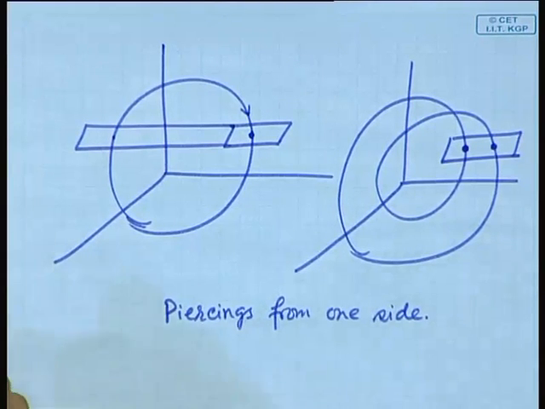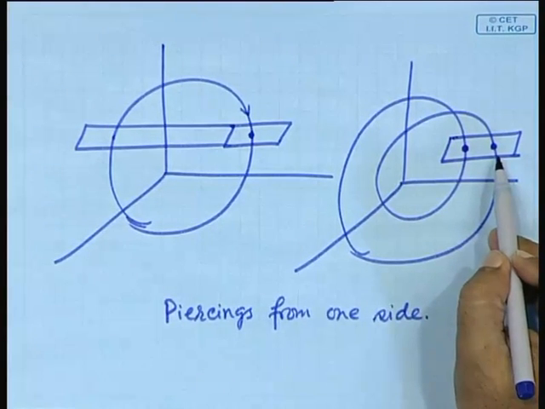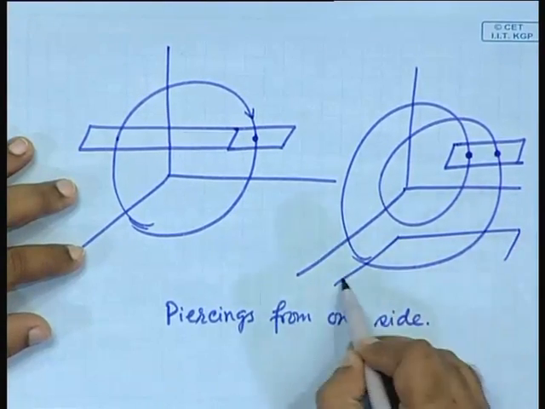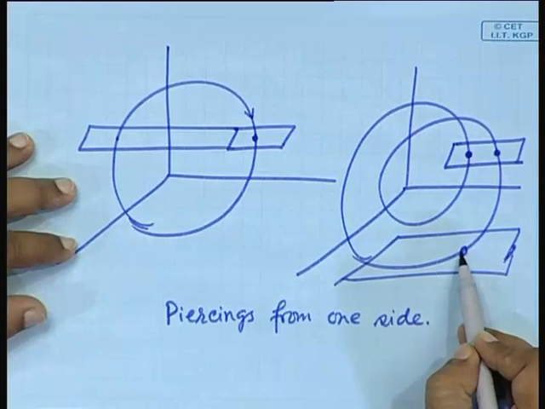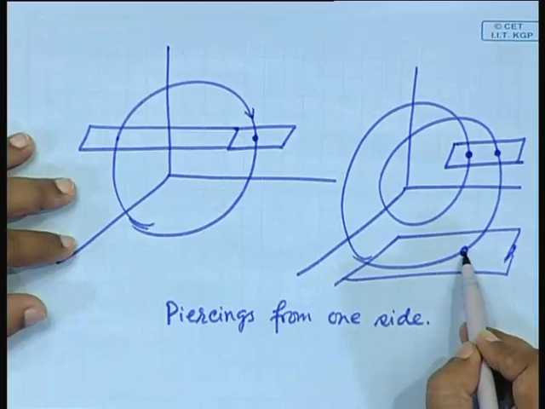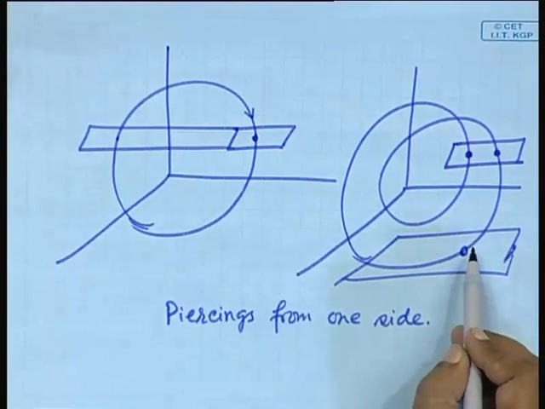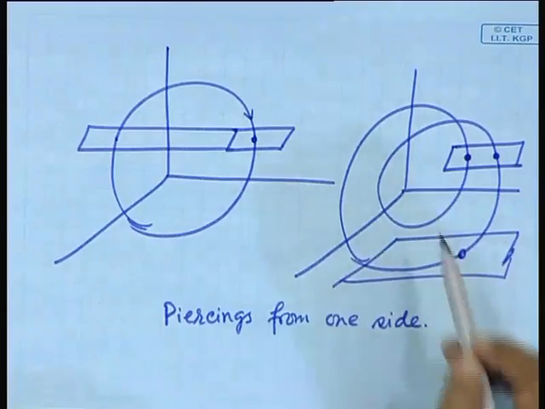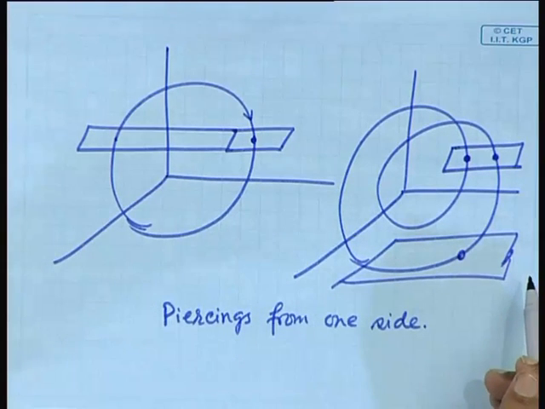The second point is that this section, where will you place it? You cannot just place it anywhere. For example, if you place it here, then you see just one piercing. This is a period 2 orbit, but if you wrongly place it, then you will see just one piercing. So, you have to first observe it and then place it in a way so that all the loops intersect that Poincare plane. So, that is another pointer you have to keep in mind.